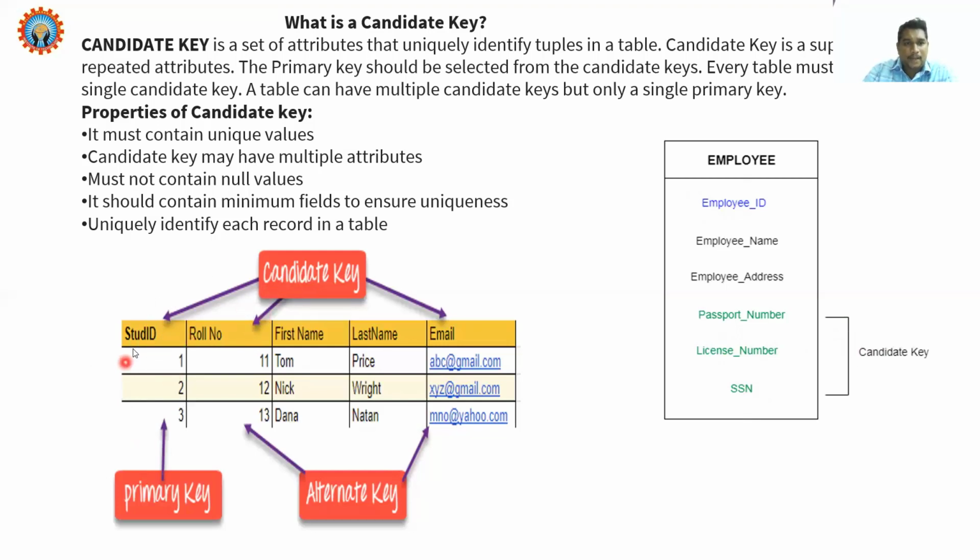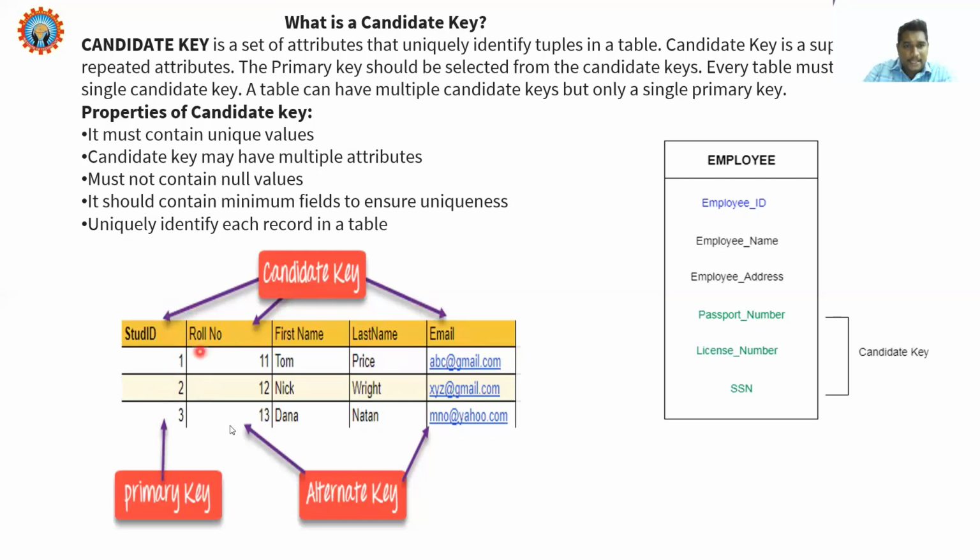This is another example. Student ID, roll number, first name, last name, email. Among these, student ID, roll number, email, these belong to which key? Candidate keys. Among these, one is the primary key. We have 3 candidate keys. I hope you are understanding.